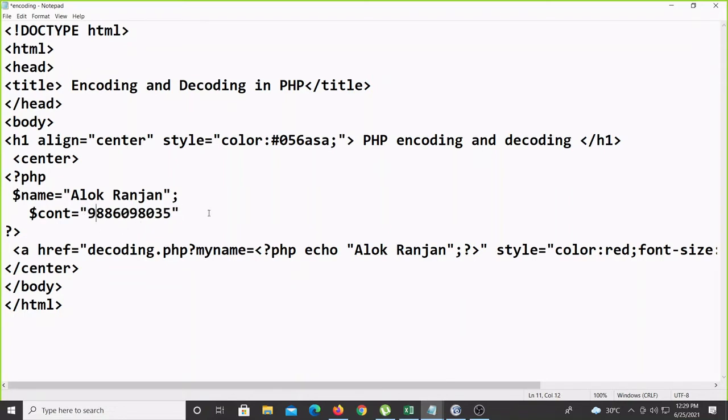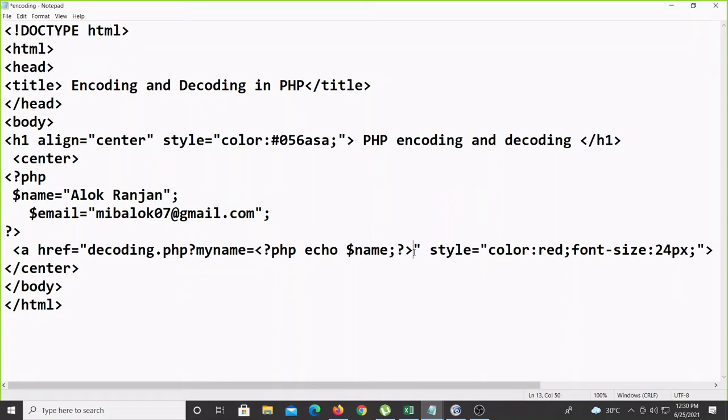And I'm giving the contact, some number I already added here. Clear? Anything if you want you can go for the email also, not a problem. So dollar email only I can write, a little bit along with the special character we can see. Okay, now these two values along with this URL I'll pass. So first I wrote my name, this one, and this will be dollar name, done.